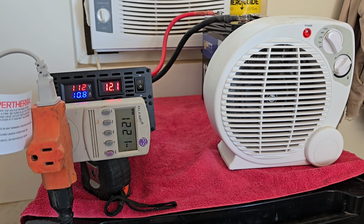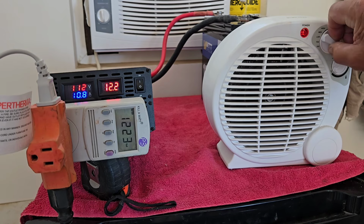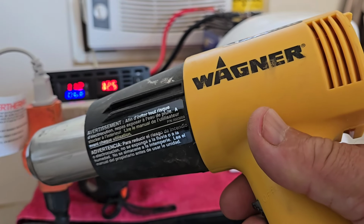and we're going to lower the fan down to medium, which, oh, it is on medium. Oh no, I'm on high. Okay, we're going to go down to medium, which gives us our 760 roughly, saying 750 now. All right, so now if I put the heat gun on,